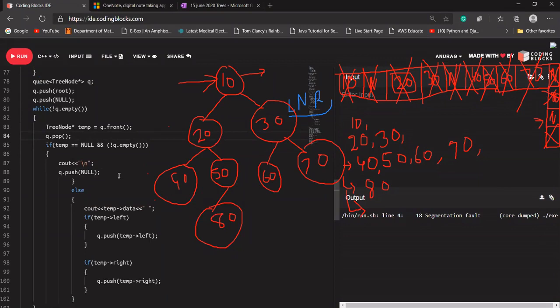You are saying Q is not empty and Q is not empty. Okay, we cannot access data. In which part you are saying, Smith? I'm not getting you. So what you are saying, we cannot access data. Which data we cannot access? Okay, let's remove this. I think we are getting some error here. Let's see. If temp is not null, then in that case, again we'll get a segmentation fault.